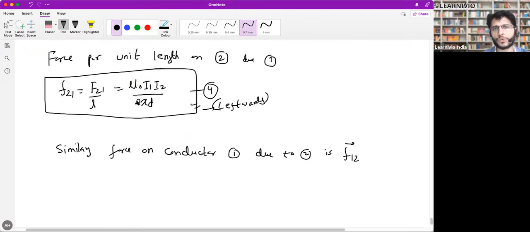Nazira, can you relate these two forces? Force acting on 2 due to 1 and acting on 1 due to 2. Can you find a relation between F12 and F21? Yes, Nazira. If you can remember some Newton's law to relate these two forces, F12 and F21. No. Okay. Amalia, can you relate F12 and F21 somehow? Some Newton's law, some laws of Newton. Perfect, Noor. Yes, Amalia, can you think of some relation between F12 and F21?